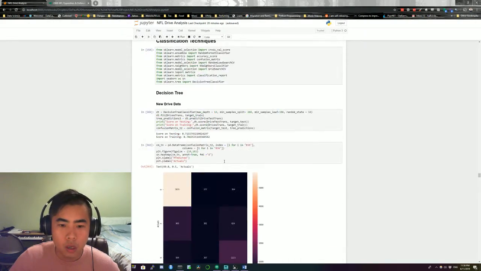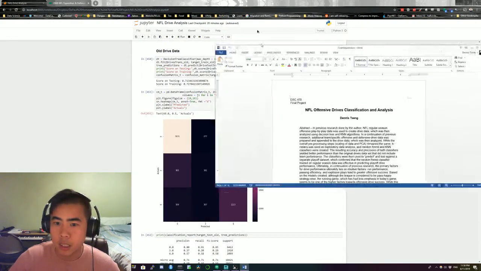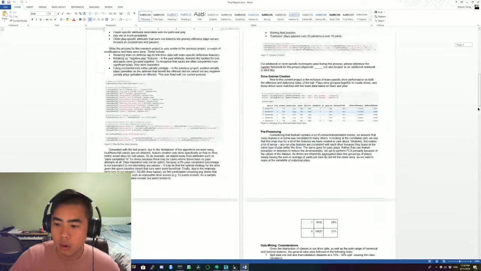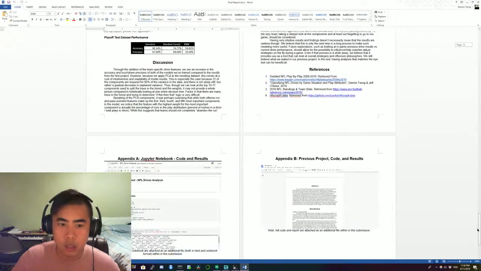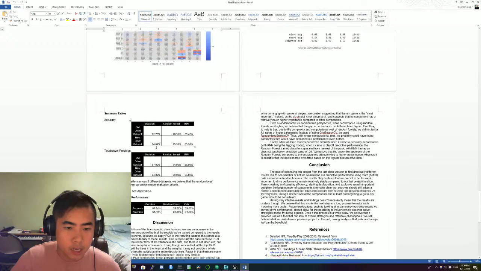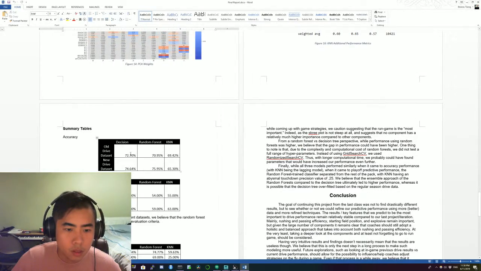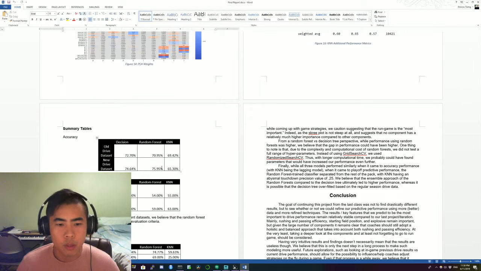When we look at the overall performance across all six, we notice that the decision tree and the random forest perform relatively similar, with the decision tree being slightly better. I think that because of the computational complexity, we weren't able to tune the hyperparameters as well as it could have been.